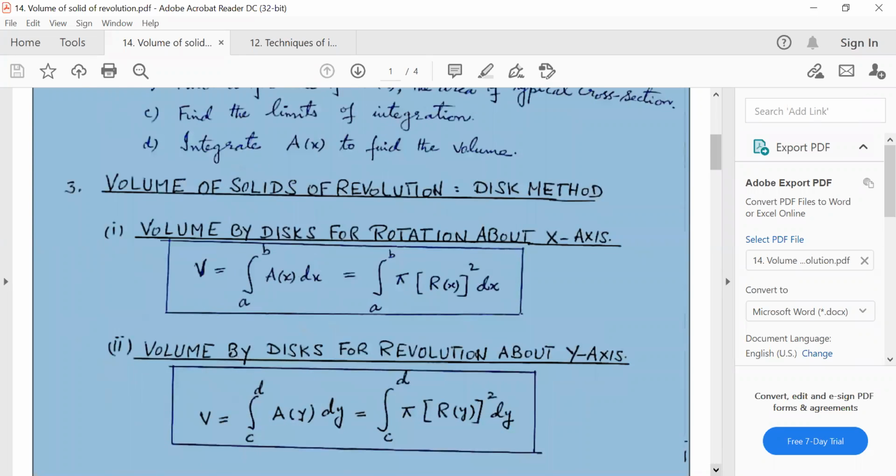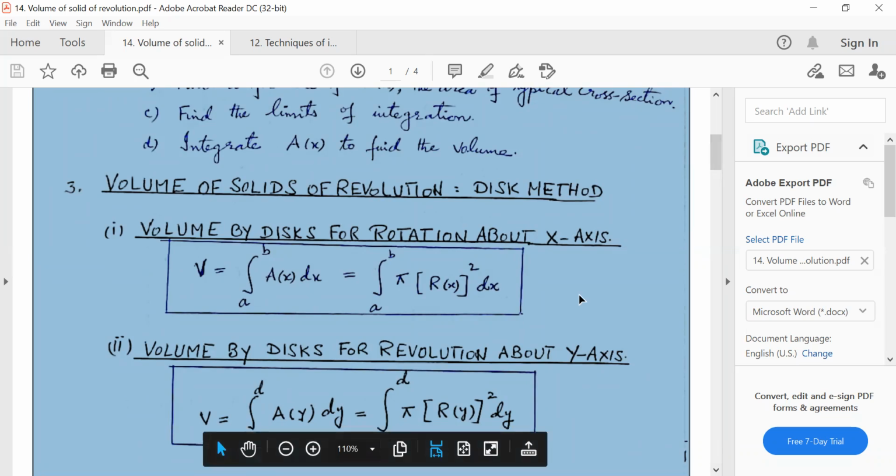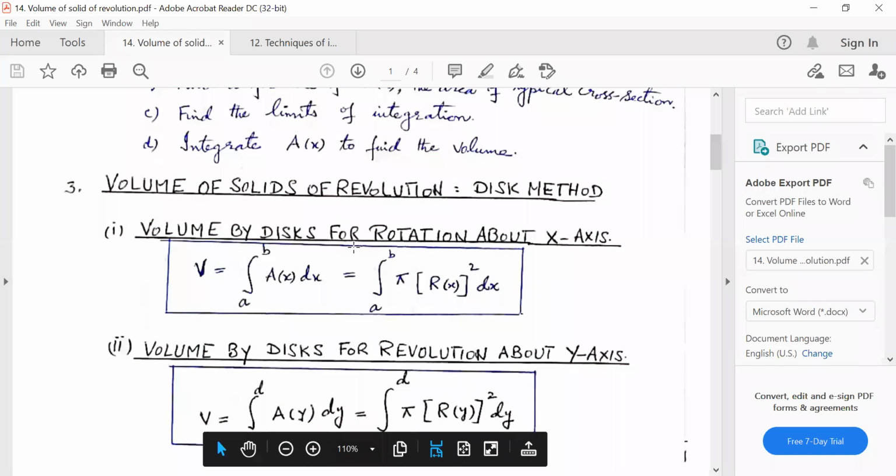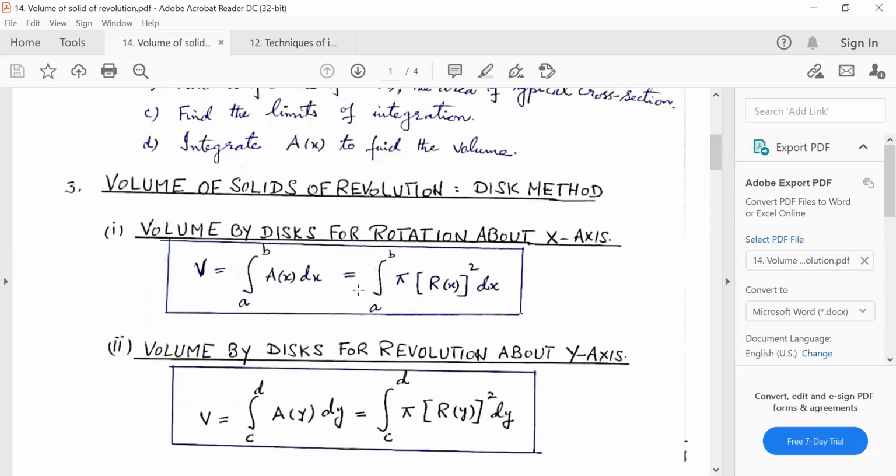So these are the two formulas. First one is showing how to find the volume of revolution once the area is rotated about the axis. Okay, volume by disk method for the rotation about the x-axis. Volume V, integral of A(x) dx. And further, how do we find A(x)? Pi, I told you, pi x square, that is pi R(x) square. R is the radius of the circle. Because once you revolve a curve about the x-axis, then every point on that curve will be generating a circle centered at the x-axis.